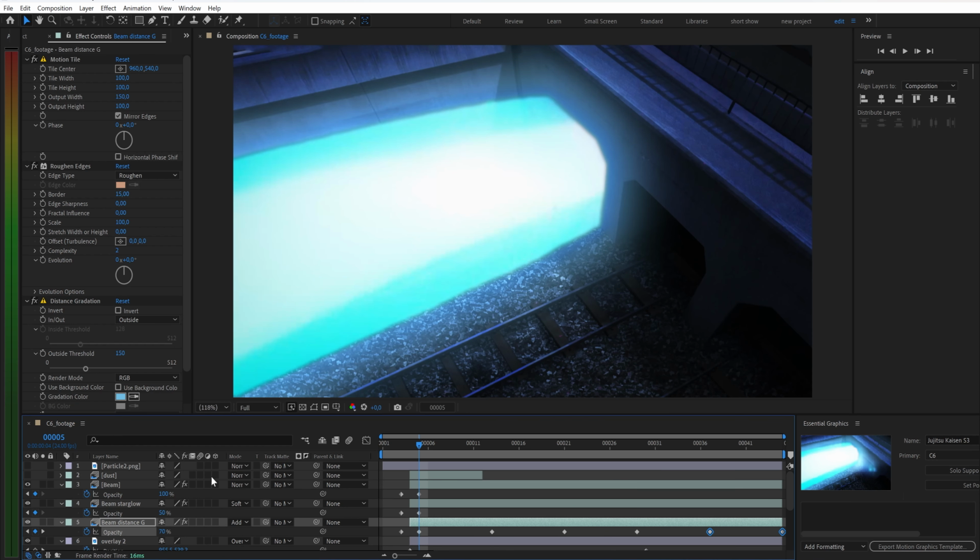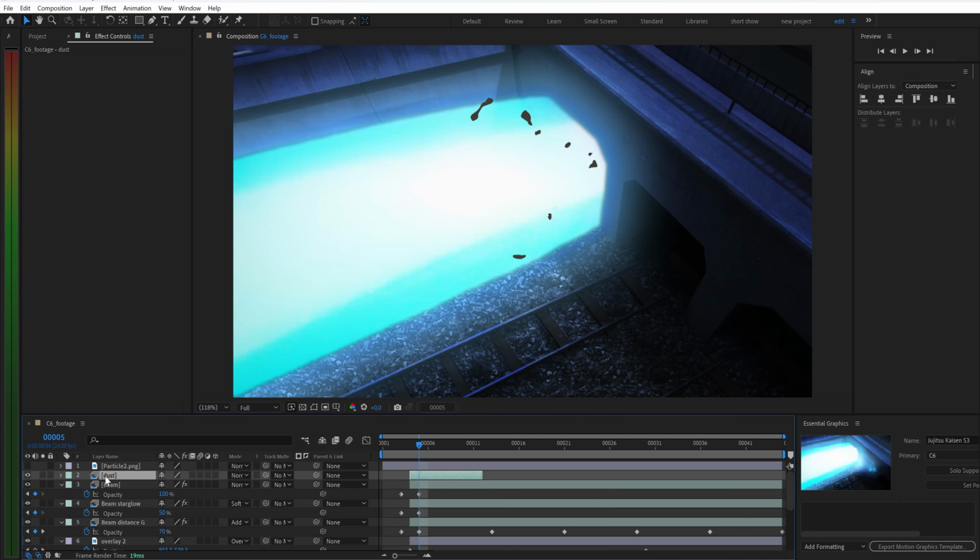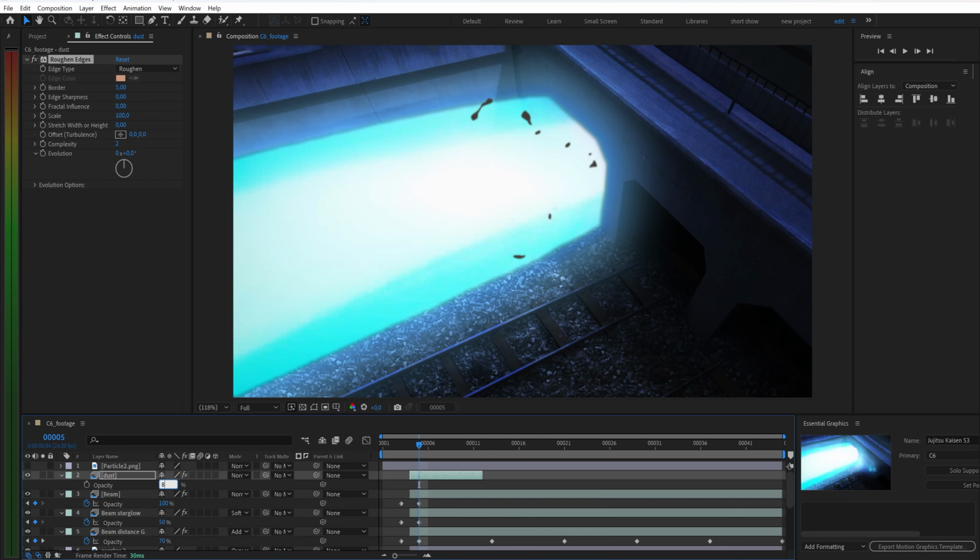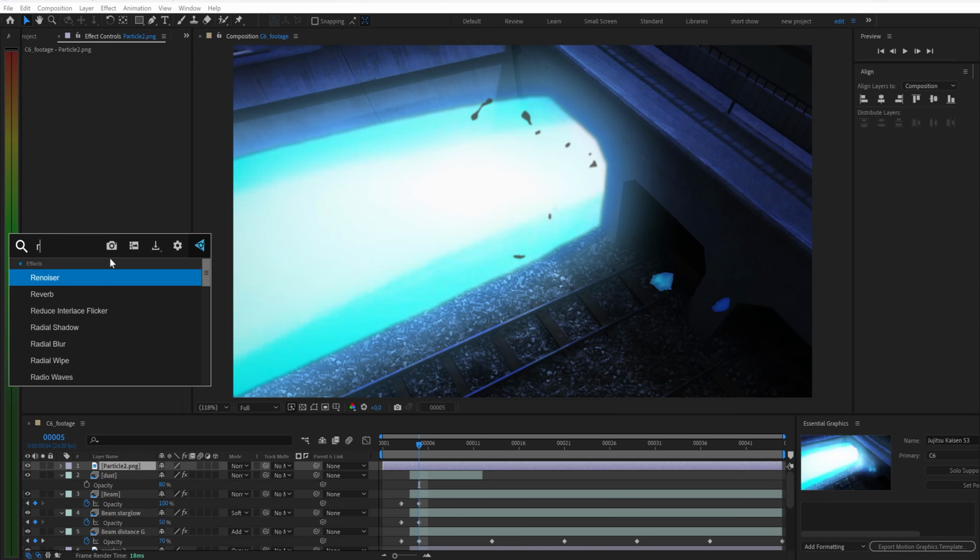Finally, let's add some secondary elements to make the scene pop. First are the debris pieces flying out from the blast. I'll simply clean up their rough textures using roughen edges and adjust the opacity. We'll apply a similar treatment to the light reflections, softening them with roughen edges